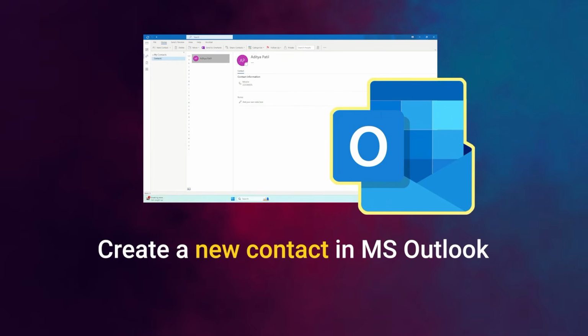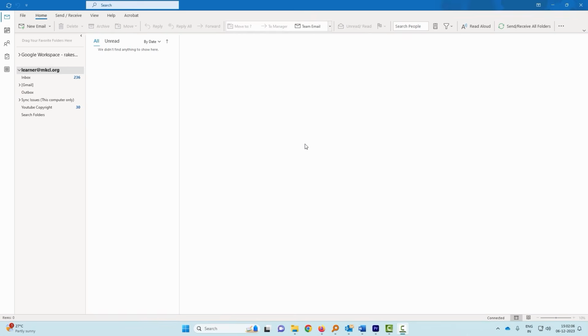Create a new contact in MS Outlook. Click on the